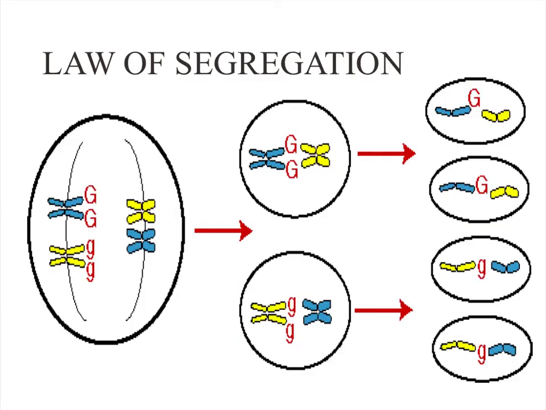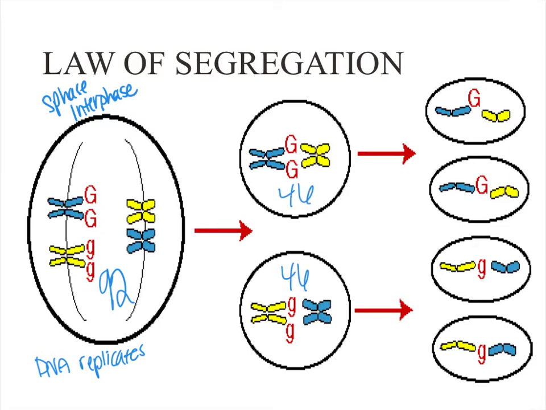If you take a look here, remember in the S phase of interphase, what happens? Hopefully you remember that DNA doubles. It replicates. So my 46 chromosomes become 92. Then in meiosis 1, it gets split into two cells with 46. So we split off the alleles. And then in meiosis 2,